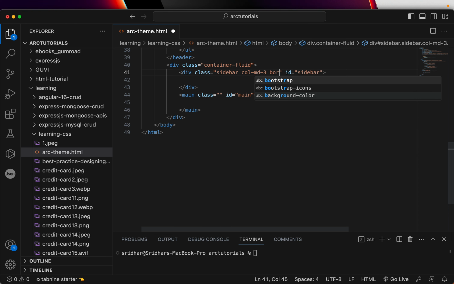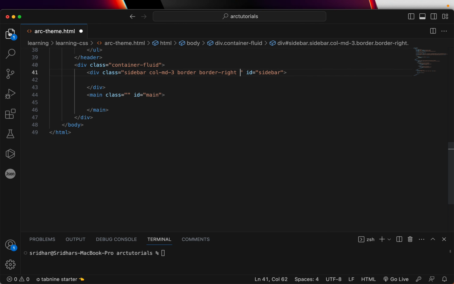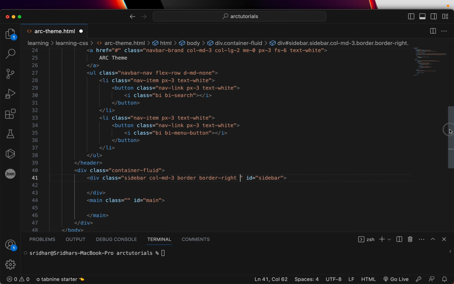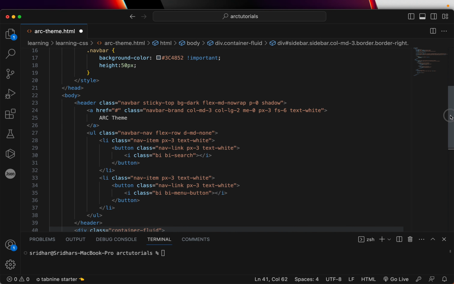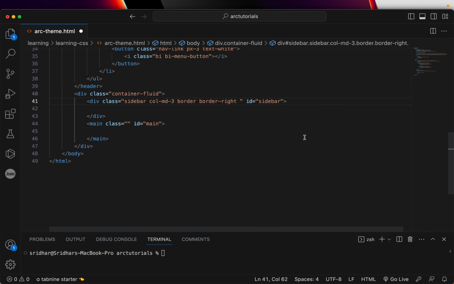Okay, we need a border. We need a border on the right side. Okay, so see, I'm using mostly the utility classes. Our custom style will be very limited. I want you to learn Bootstrap because it has everything built in that you need. So